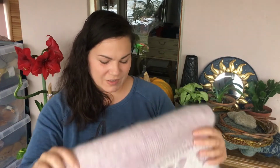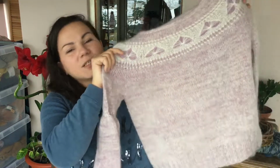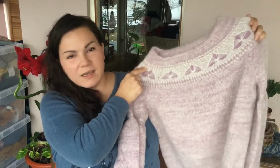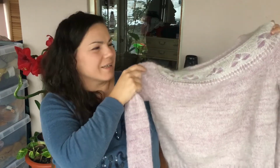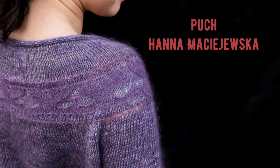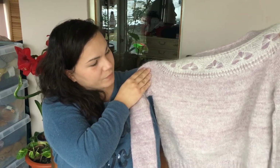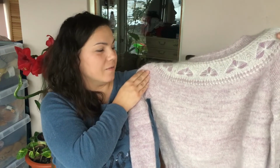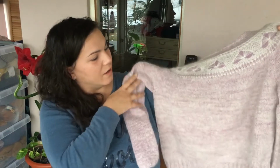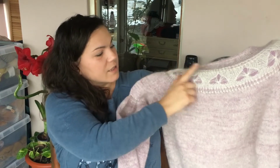Then I have 2 more projects that I'm destashing, 2 more lovely sweaters, and one of them is the Puch sweater by Hanna Maciejewska. And this was also test knit for her. I used lace weight silk mohair held together with lace weight Malabrigo in this pink colorway, frosty pink or something, and it has this beautiful